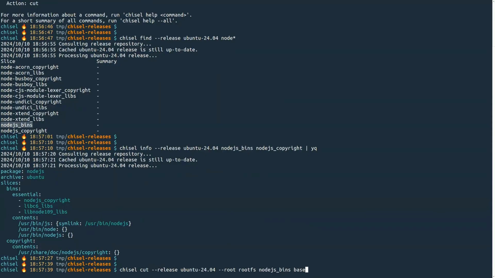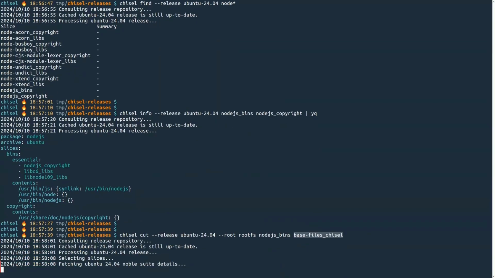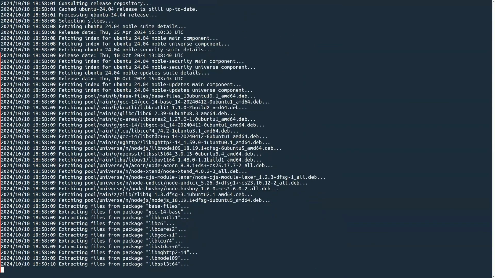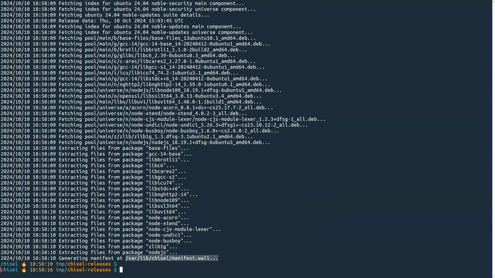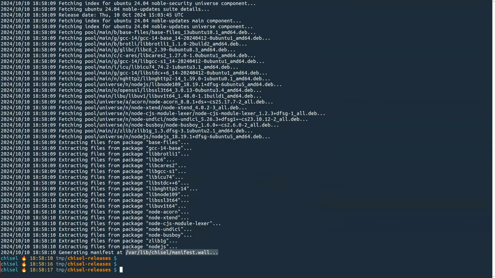So I'll put that there, and I will add another slice that I will explain later, but it's a dedicated slice for you to get something special that is now available in Chisel as well that we call the manifest, which is there in the last line, manifest.wall. I'll show you that later. But you can see that Chisel didn't just take Node. It went through all the dependencies that slice needs,